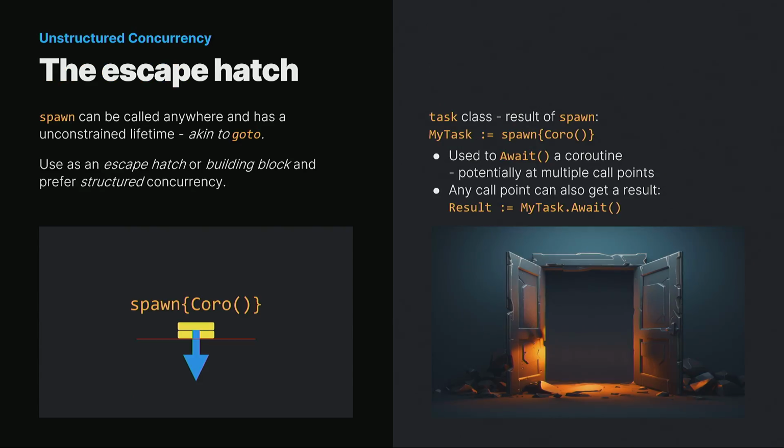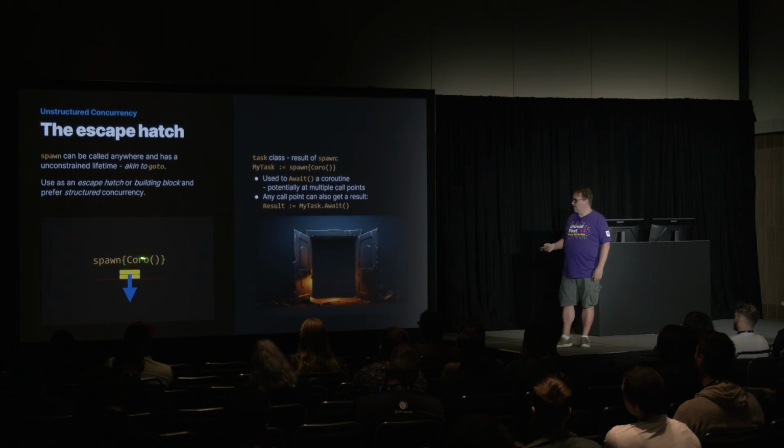I always think it's important that even if you have everything nice and structured and everything works in a nice, perfect way, it never actually happens. So it's good to have an escape hatch. There's this one command with concurrency called spawn that doesn't obey staying within a given scope of a function. With spawn, you can spawn an async function or coroutine, and it can just last however long it lasts. It doesn't care. It can go beyond the scope where it was created. It's supposed to actually allow you to have more than just a single coroutine. You could have several expressions, but we just haven't had a chance to do that yet.